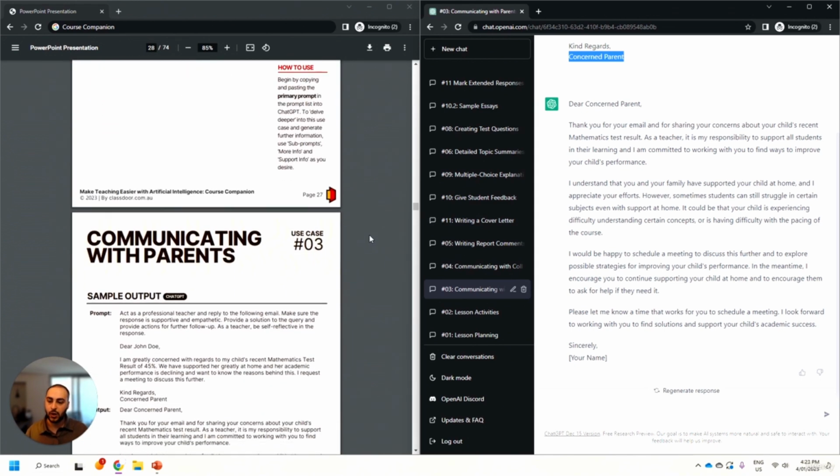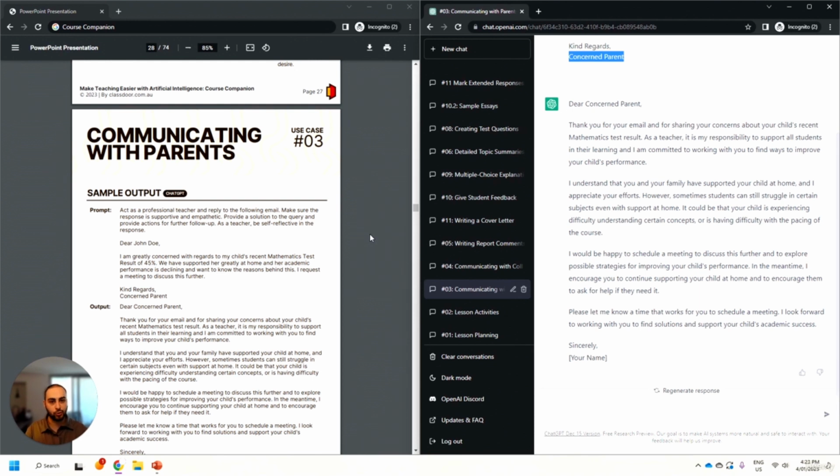And once again, scrolling down to the sample output, you're going to be able to read that exact output there. And I encourage you, have a look through, see how empathetic the AI is, and how we're only going to need maybe one or two little minor tweaks to have this email ready to be sent back to the parent in record time, reaffirming with them that you as a teacher are going to be working closely with their child to be able to improve those learning outcomes.